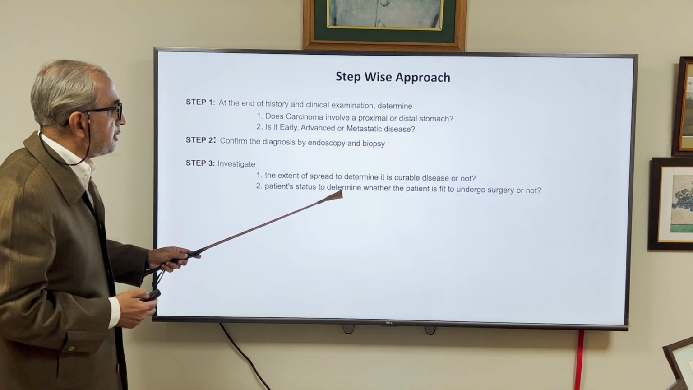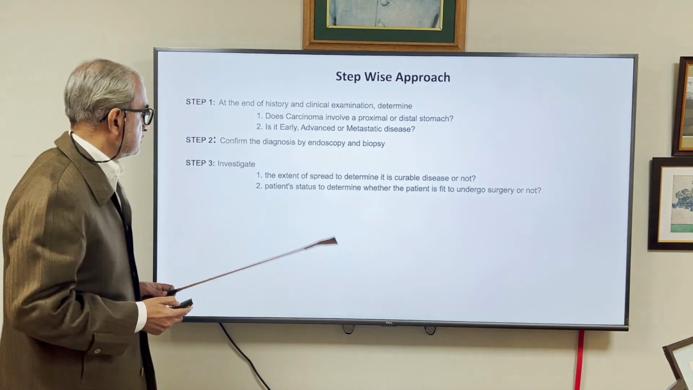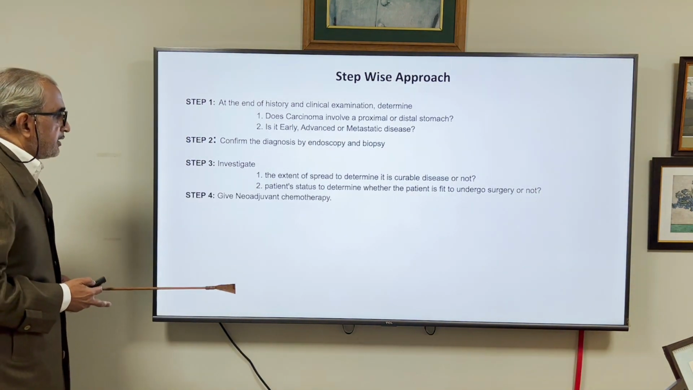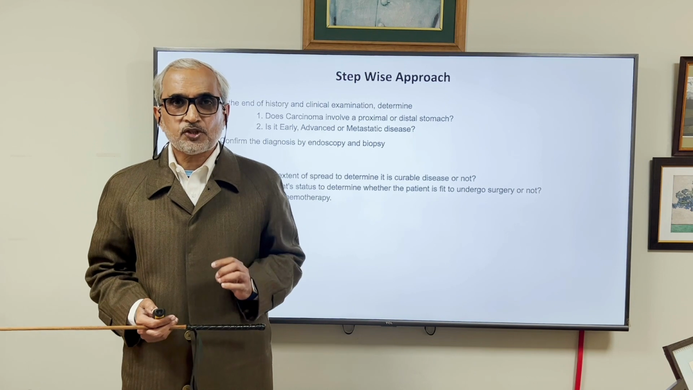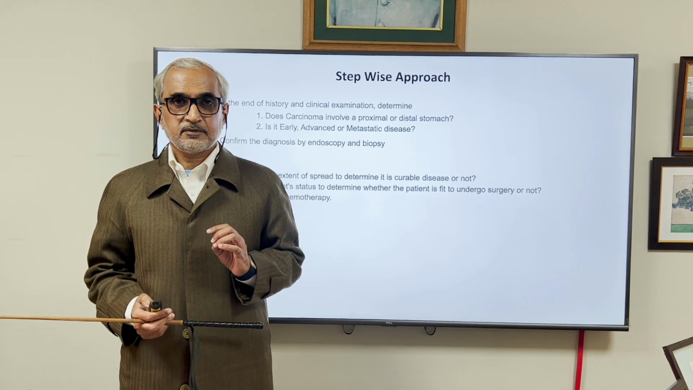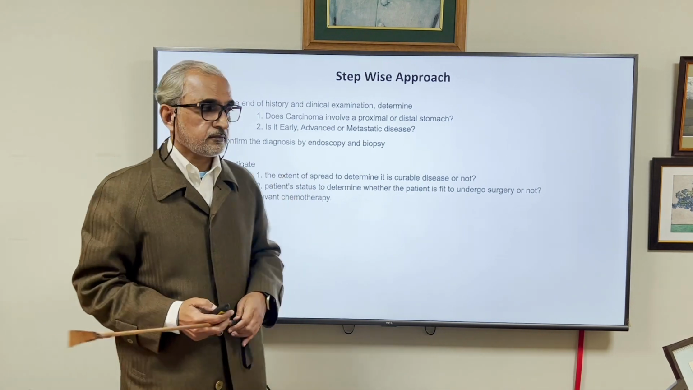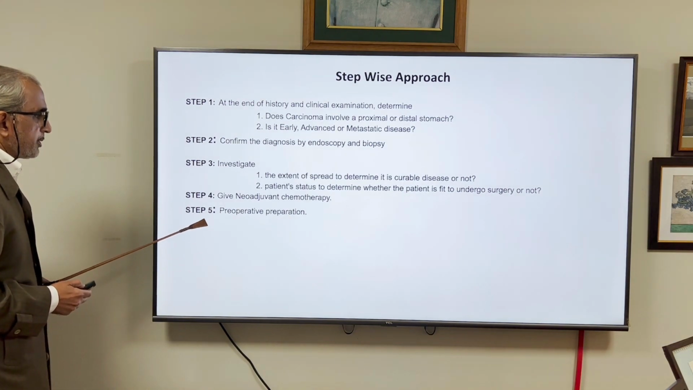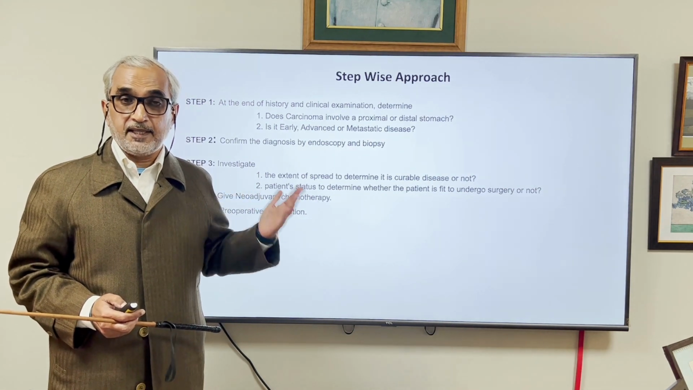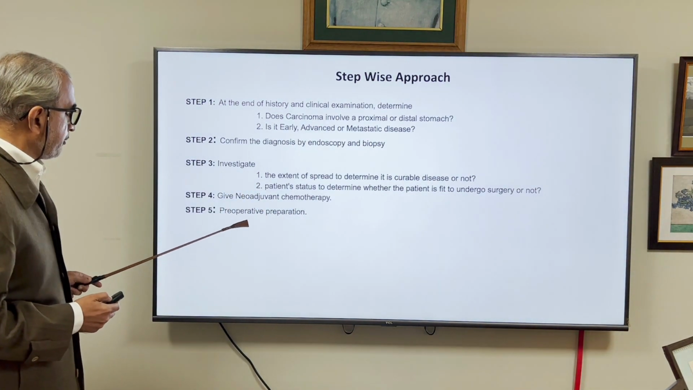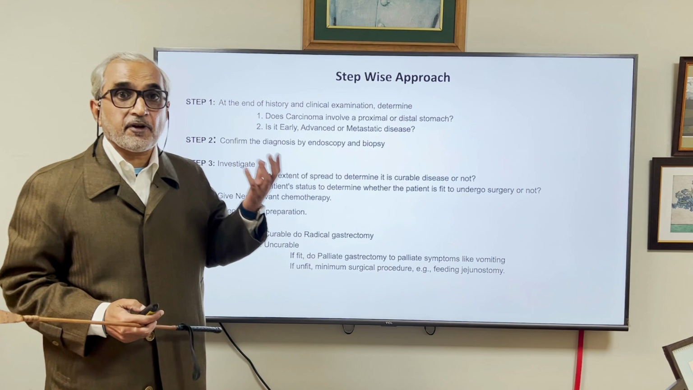Then assess patient status to determine whether the patient is fit to undergo surgery or not. After this, the step would be to give neoadjuvant chemotherapy to a case of carcinoma stomach, irrespective of whether it is advanced or not, or whether the primary treatment is surgery or not. Then obviously, for those patients in whom surgery could be done, which includes the early cases and advanced cases, preoperative preparation, then operate. That could be a type of gastrectomy,